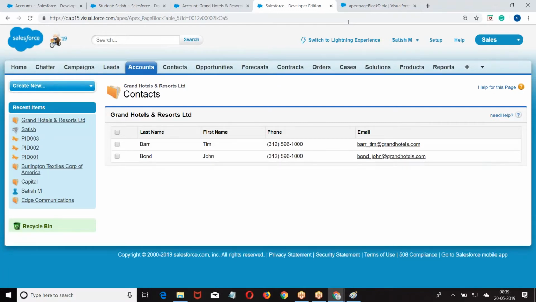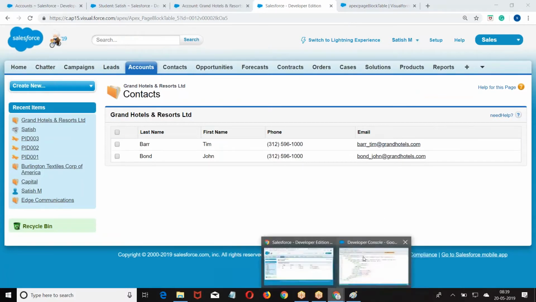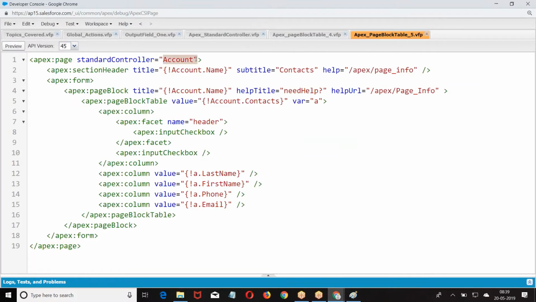Are you getting it? Record set where is used if you are trying to fetch the data directly from the standard controller. From the standard controller, if you want to fetch a group of records, then we use record set where. But here I am not fetching the group of contacts from the standard controller. Who is our standard controller here? Account. But how many records do you need? Only one account. If you need only one account, give the account ID on the URL. I hope you got my point, Amma.